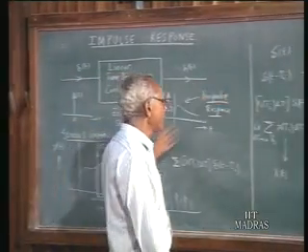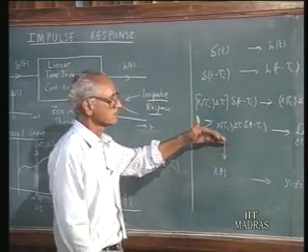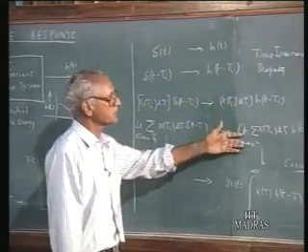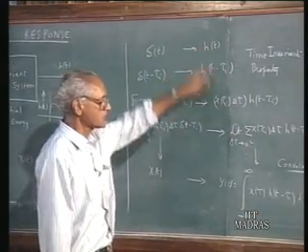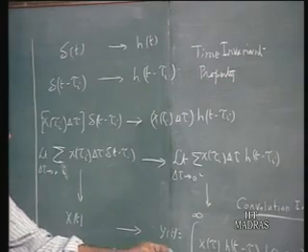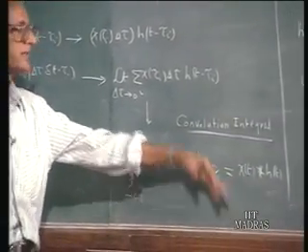And so any given input x of t can be regarded as a summation of several impulses, as we have taken like this, and each impulse gives rise to a corresponding response which can be calculated in terms of the impulse response. Putting all of them together, we come to an integration. y of t is given by this integral, which is called the convolution integral, and the meaning of convolution we have seen.